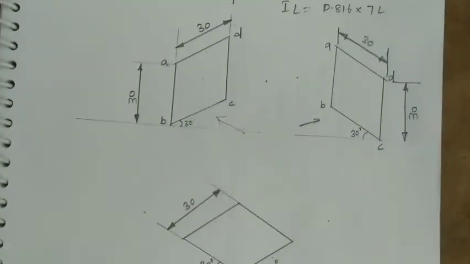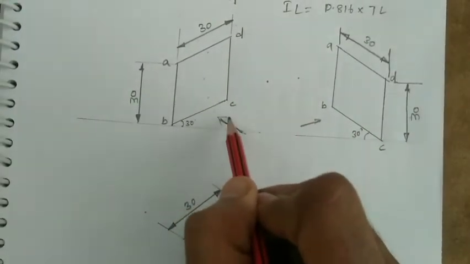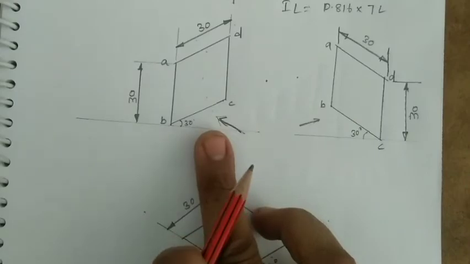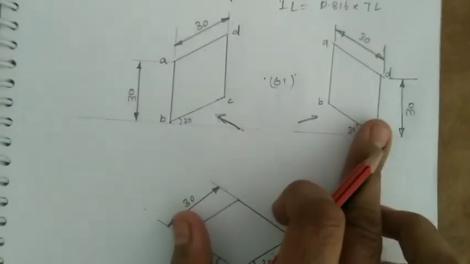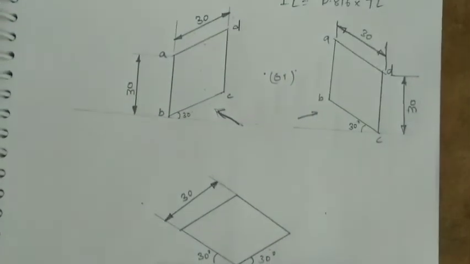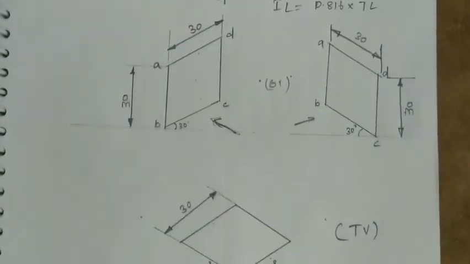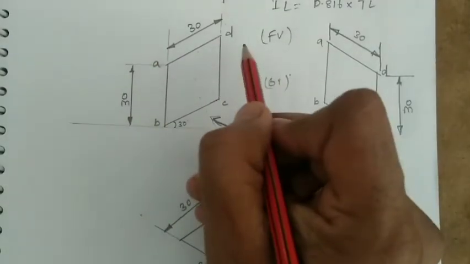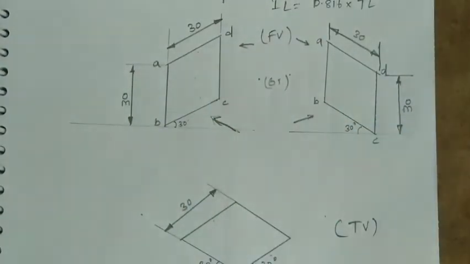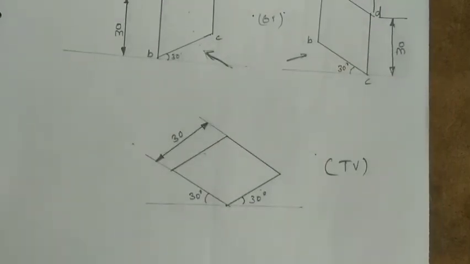These are the figures. These two pictures represent the front view portion. Either you can draw this one or this one, any one you can adopt, based on the shape of the picture. And this will be the top view. This is for top view visualization, and this is for front view visualization, either this picture or this picture. This is the way you need to draw the isometric planes. The next one I'm going to explain is the triangle.